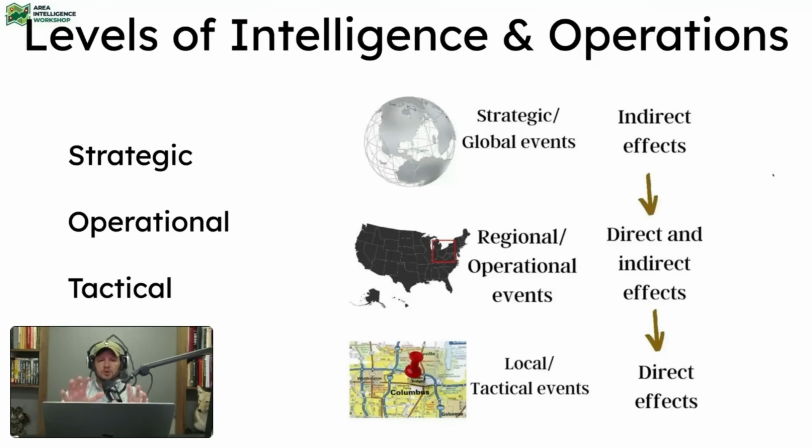All right, so we have this big strategic or global level, and then we move one step down, and we look at the operational level. Now, for us, that's going to be in our region or maybe our state. And so that's the regional level. Like when I talk about Central Texas or Texas, that's a regional level. And then we get even further down, and we're talking about right out my doorstep, down my road, in my subdivision, around my community. That's my tactical level. You have your town over, that's that guy's tactical level. My town, that's my tactical level. But we start to put together all these tactical levels from everyone's towns, and we get to the regional or operational level.